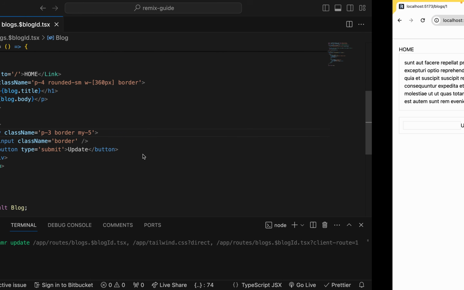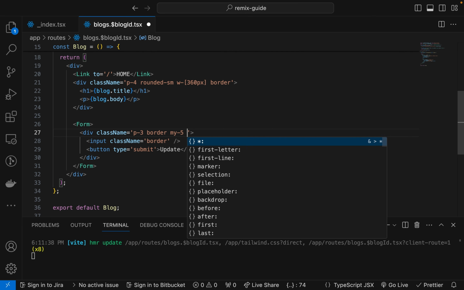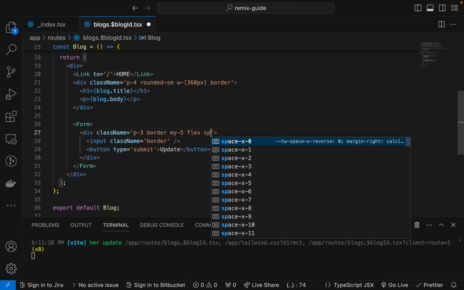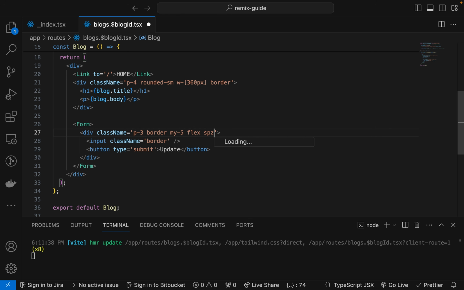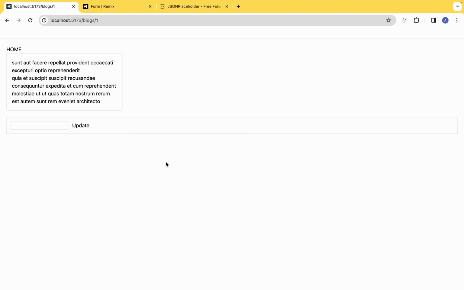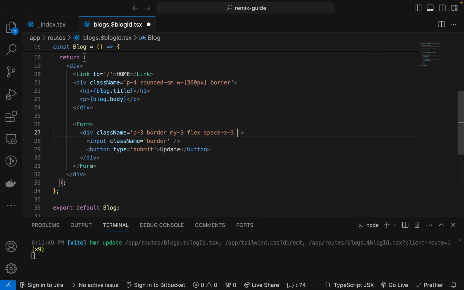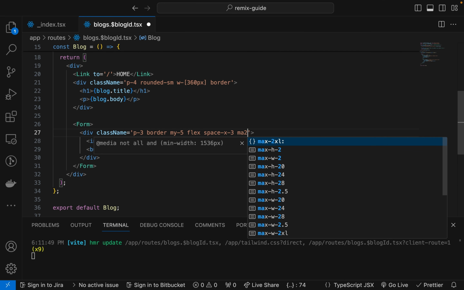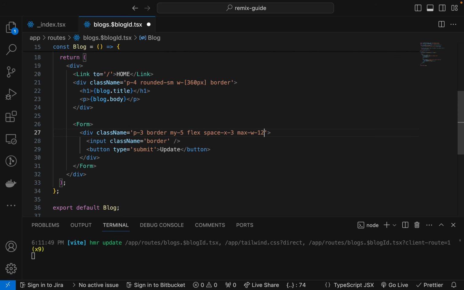And lastly, I'm going to give this flex space x of, let's say, 3, and it looks like this. And I'm also going to give this max width of, let's say, 48,